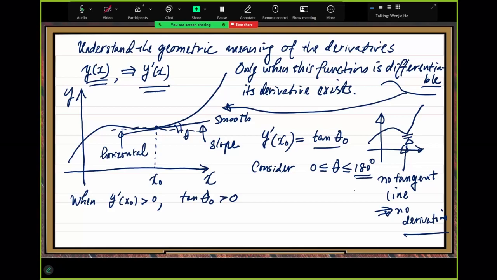Sometimes we use the radian measure, where 180 degrees is pi. I'm just reviewing the basic knowledge here. So in this range, theta between 0 and 180 degrees,